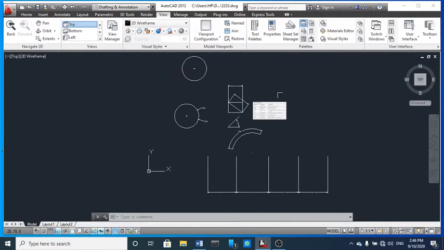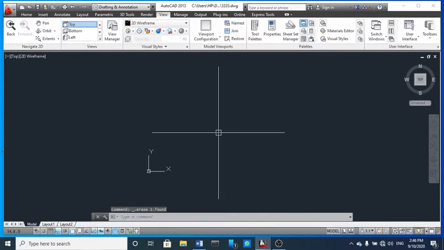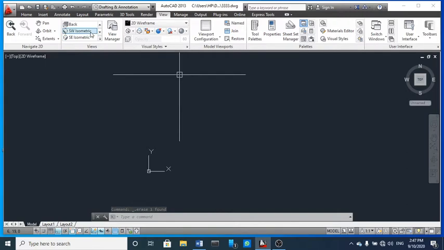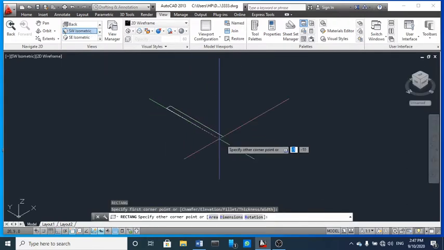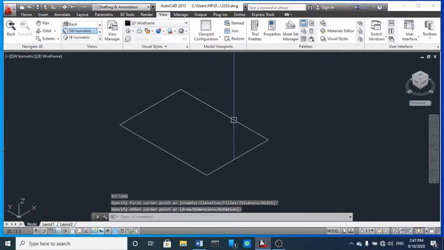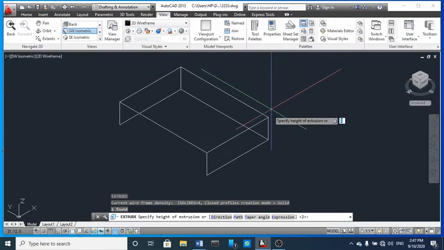Now let's come to another point where we can calculate in a 3D object. So for the 3D object, I am going to use UCS, SW isometric. So I am going to draw a rectangle. Now I am going to extrude this with a certain height.